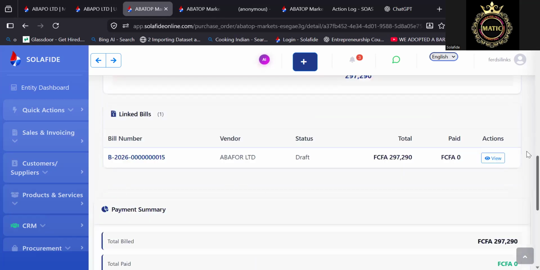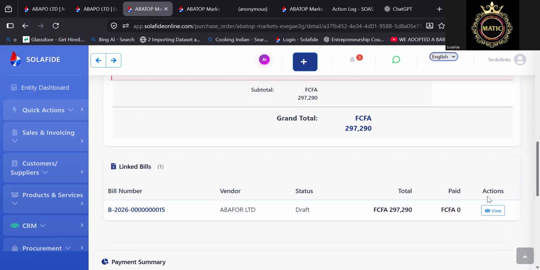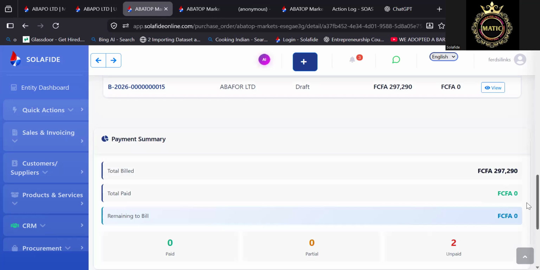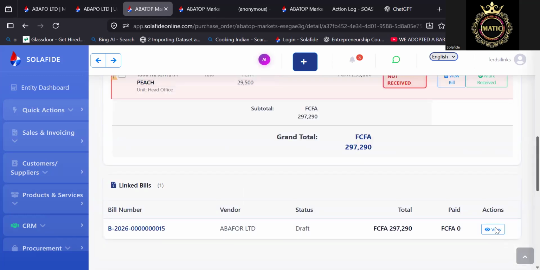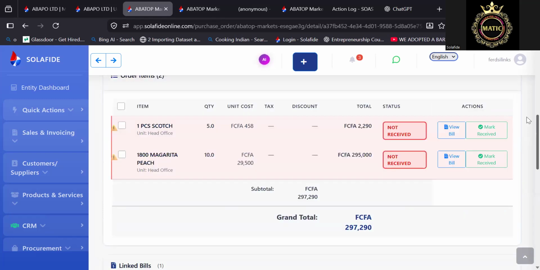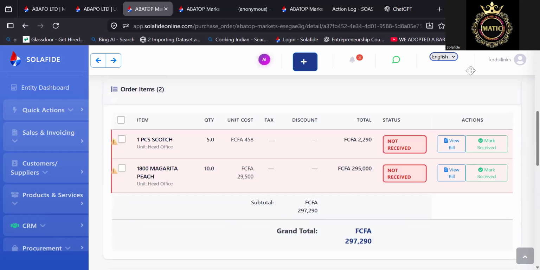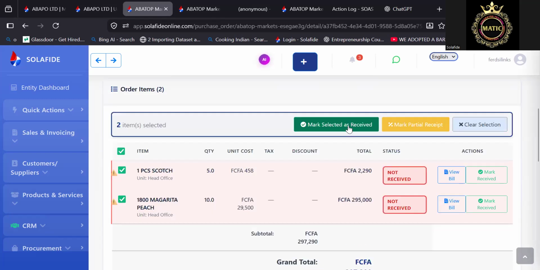If you come down here, you see that a bill has already been created for that particular purchase. Immediately the purchase order is approved, a bill is generated for it. So you can just approve it. And so it gives me room for that. So if I want to receive, let's say we are receiving, I click here and I say receive